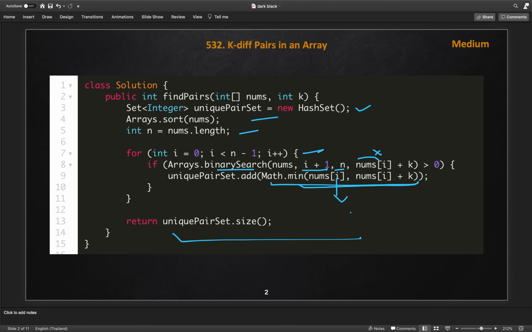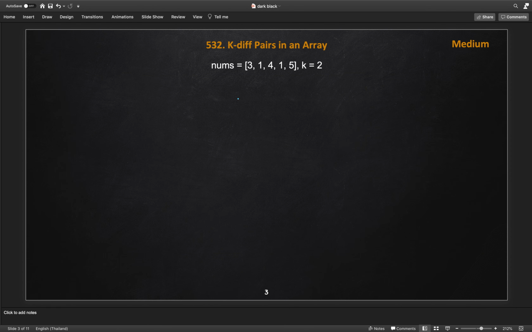So try it out. But if you see, as we are doing sorting, which is n log n here, and also we are iterating for n numbers and doing binary search, which will take log of n, so this is also n log n plus n log n. So overall time complexity of this solution is n log n. Can we further improve it, like we did in the two sum problem using the hash set? Yeah, we can do that, but we have to handle some cases.